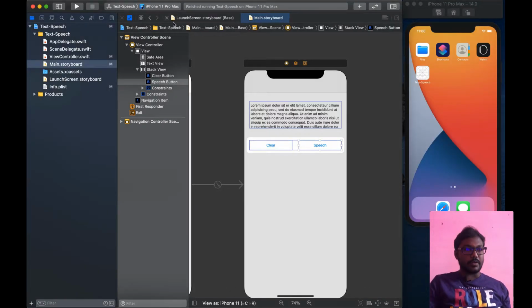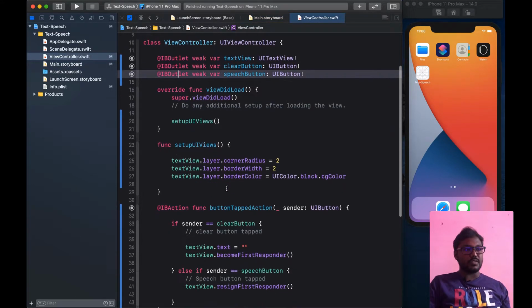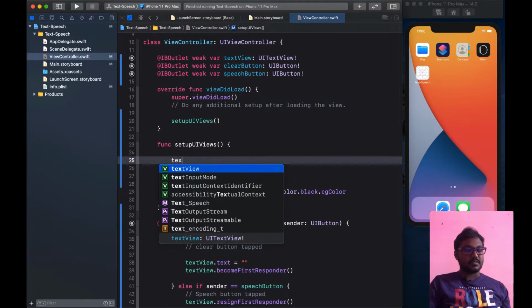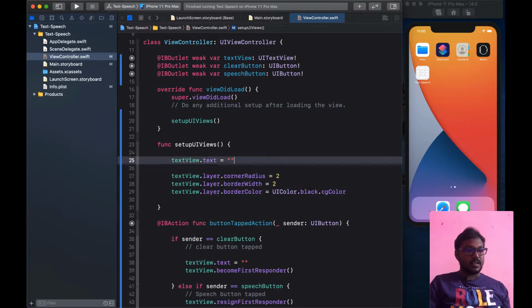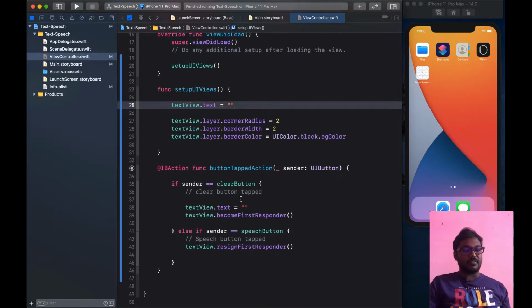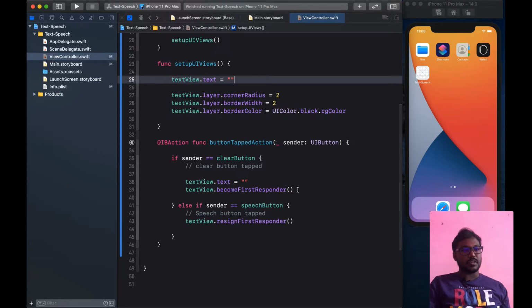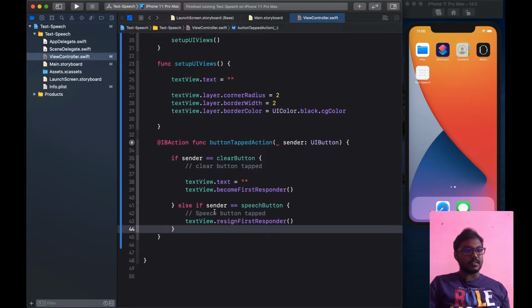Now we are going to create the speech service Swift class. Before that, we don't need to show the dummy data in the text view, so I am setting it as empty.